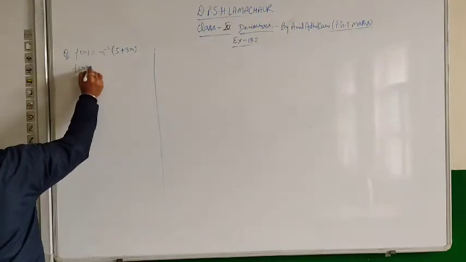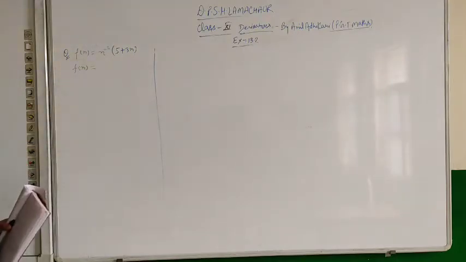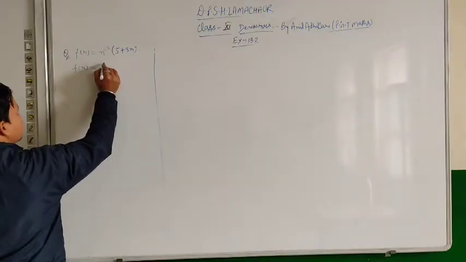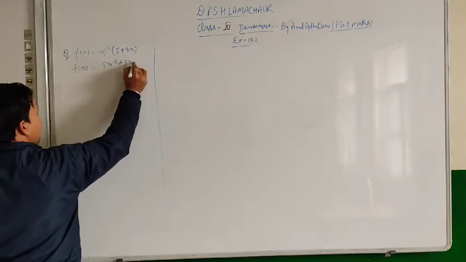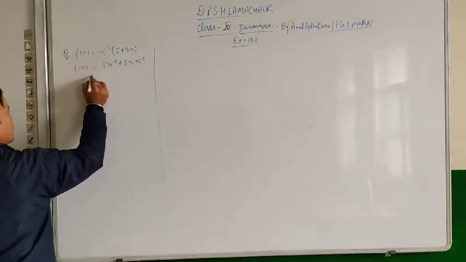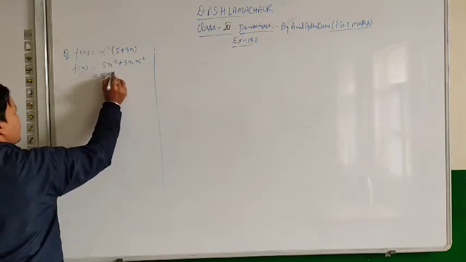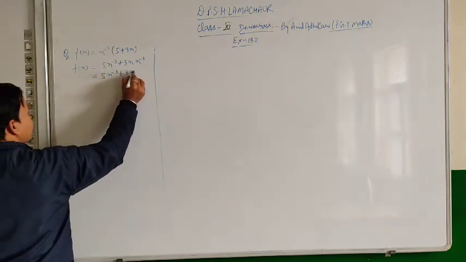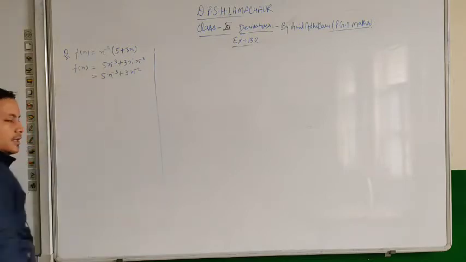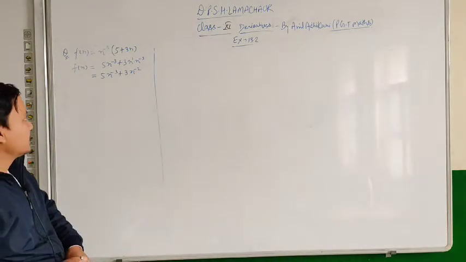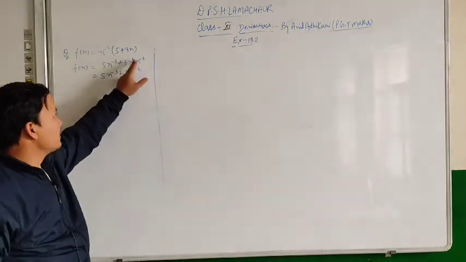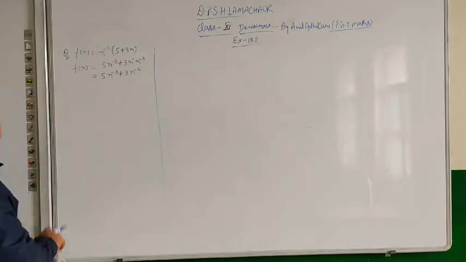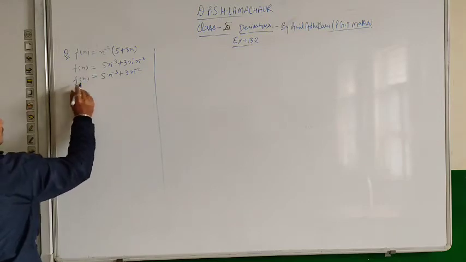So f(x) is equal to, first we will write this function in a proper manner. Proper manner means we can write it like 5 times x to the power minus 3 plus 3 times x into x to the power minus 3. So this will be 5 times x to the power minus 3 plus 3 times x to the power minus 2, because this is x to the power 1 and the law of exponents says that if the base is equal then the exponents must be added. So 1 minus 3, that is minus 2. Okay, now this is our required function and we need to find the derivative.